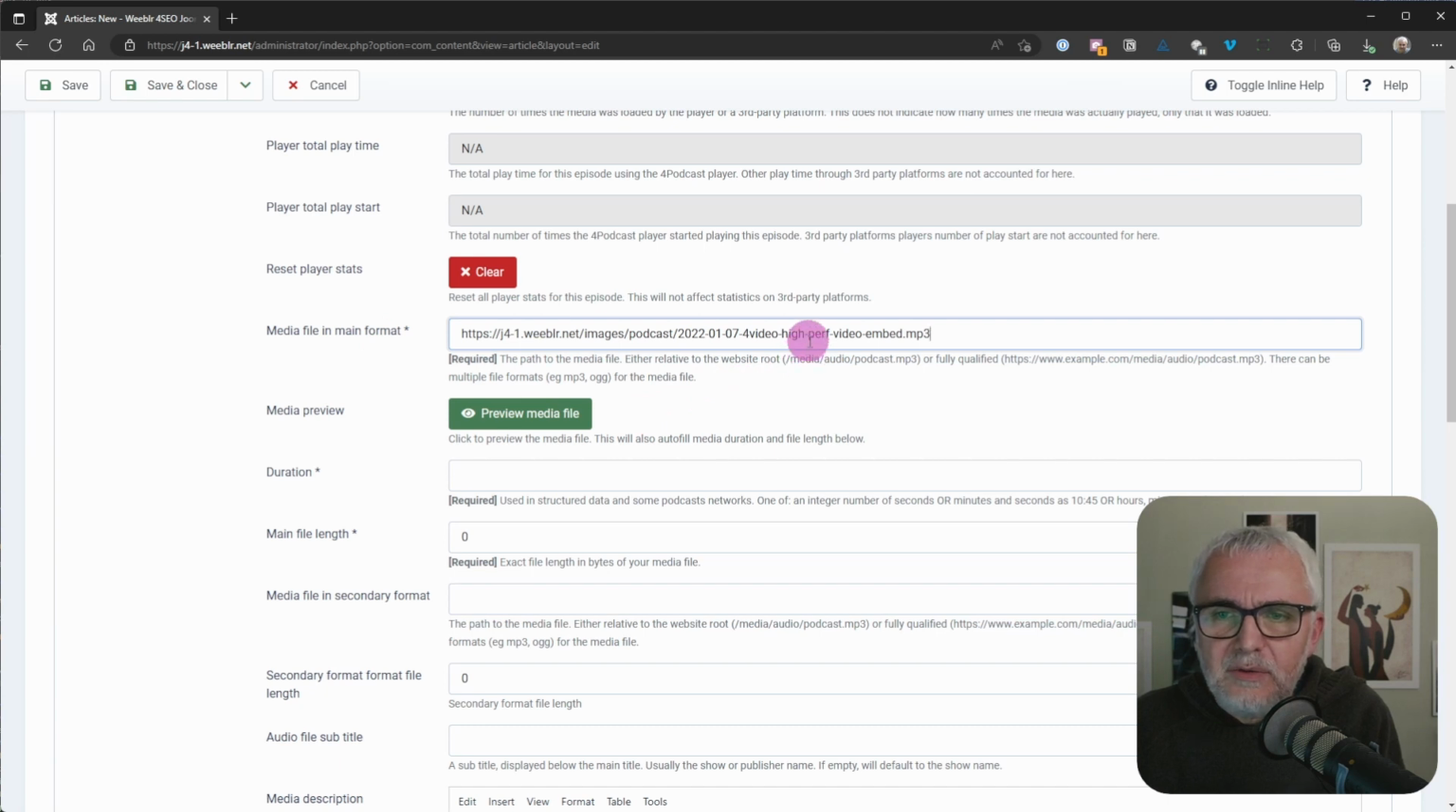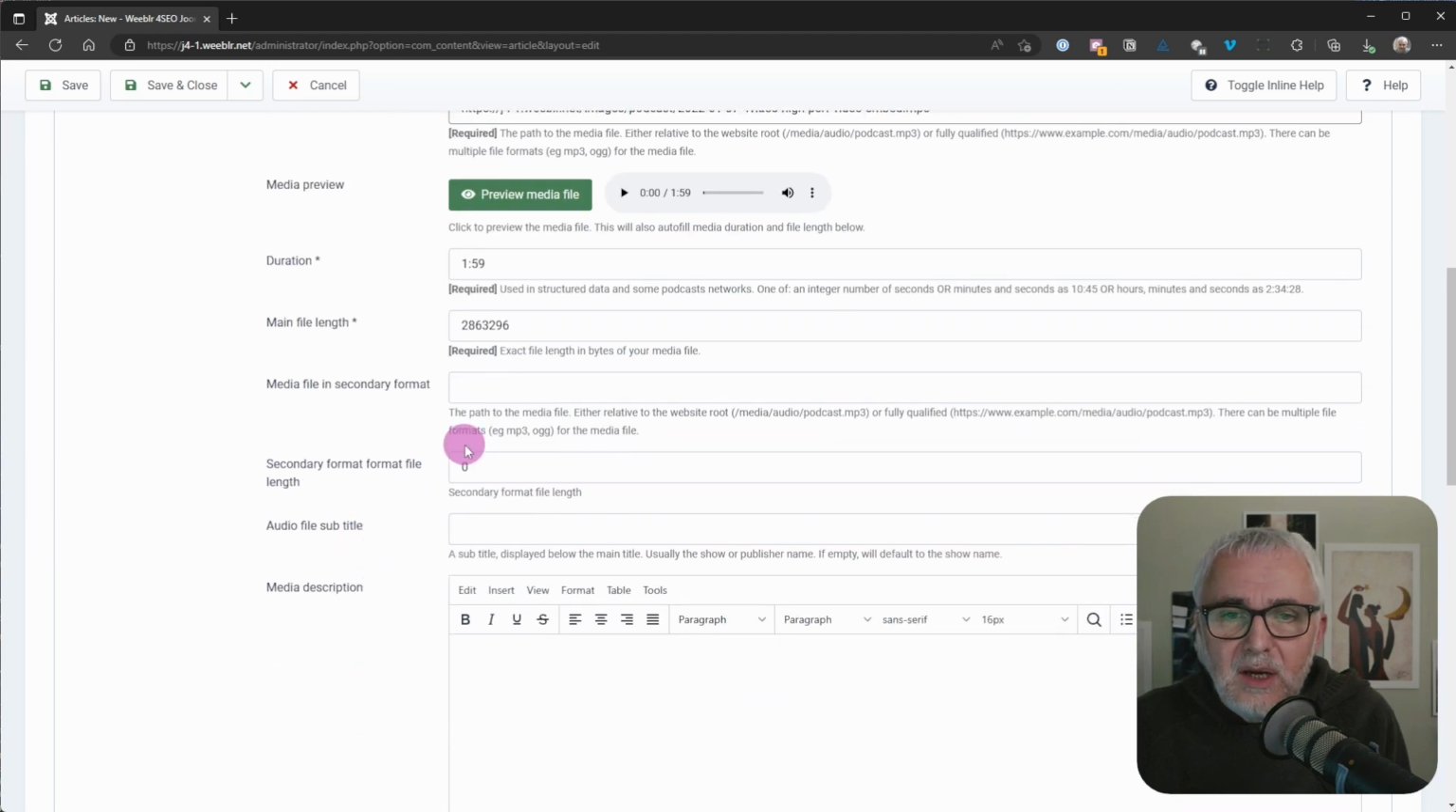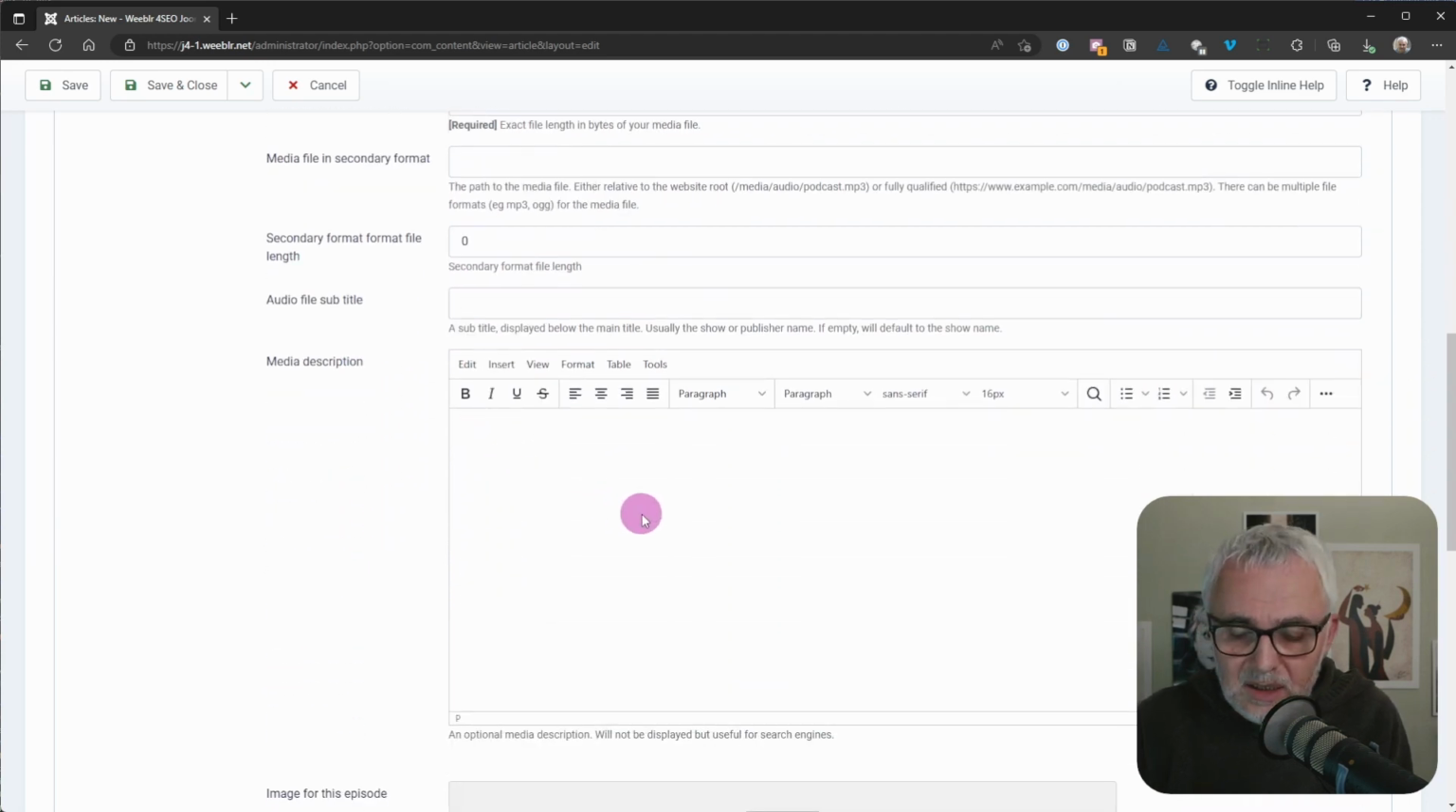Once we have the URL for the file pasted here, we actually need the duration, and the duration in minutes and seconds, and the file length. But that's something really easy to get. Just click on the preview media file, and you'll get here a simple audio player, or an error if you have a problem with this URL here. And when this is done, 4Podcast actually fills in the duration and the file length automatically, so you don't have anything to do. Next, you can add another